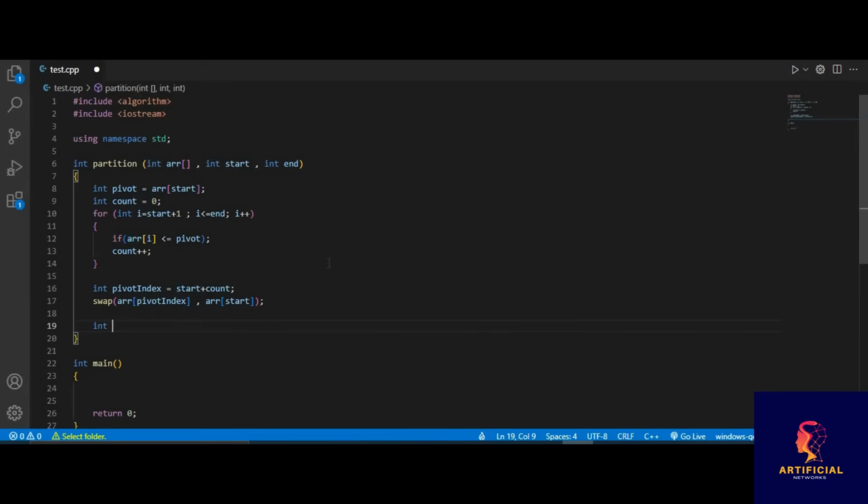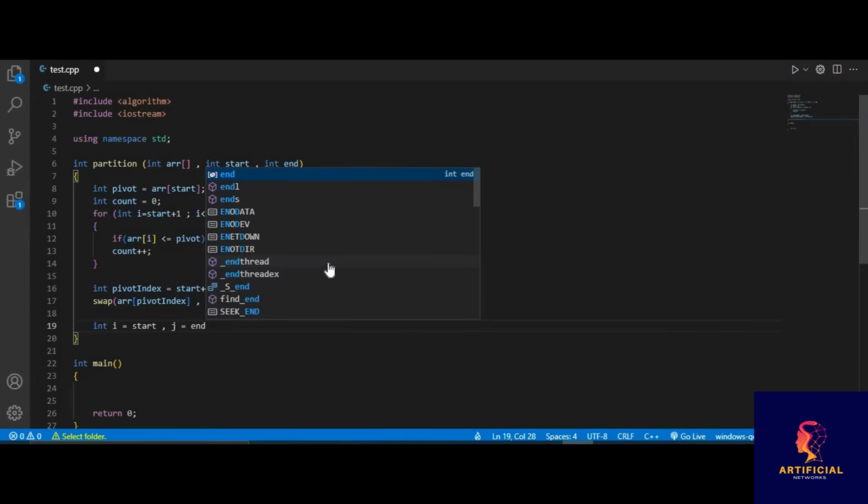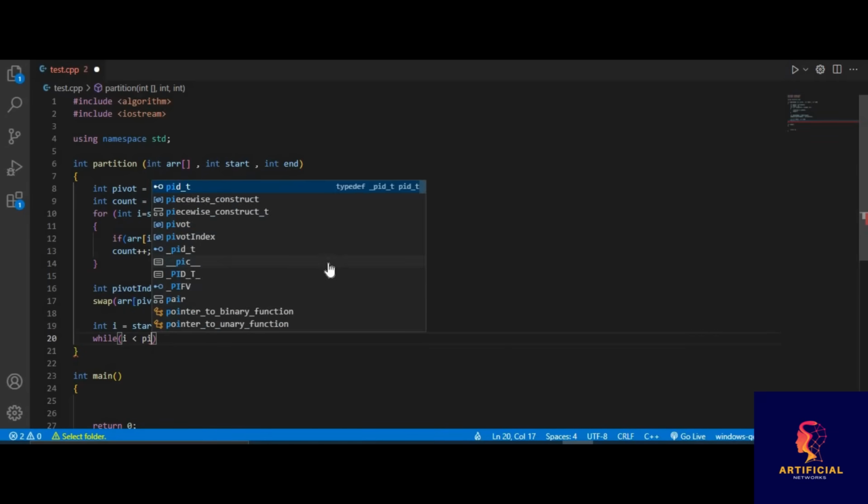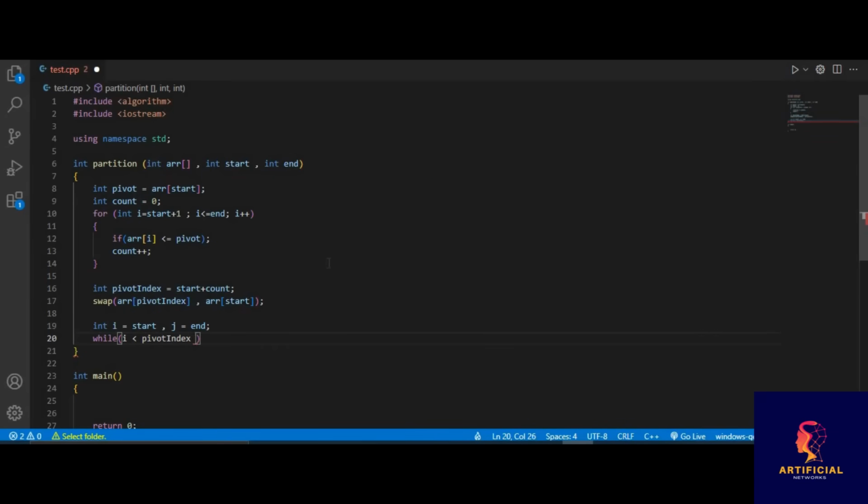For that I will make an element of integer type i and initialize it to the start value, then j, and initialize it to the end value. Then we will have our while loop. While i is less than pivot index and j is greater than the pivot index,